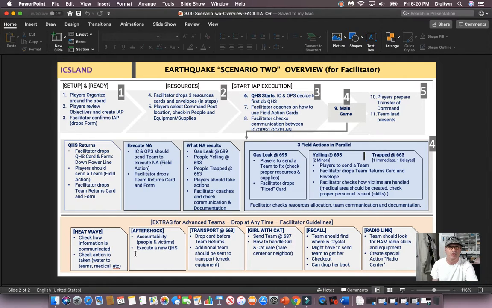So you can, during the course of the game, if the team is performing well, saying, oh, there's an aftershock, and see what they're going to do. Oh, there's a heat wave. Oh, there is a recall. Some of the volunteer needs to come back. So you can basically make the game a little more fun if the team is performing well by adding more things to process. So those two slides are actually aimed for the facilitators. So pay attention to these, and learn them very well.